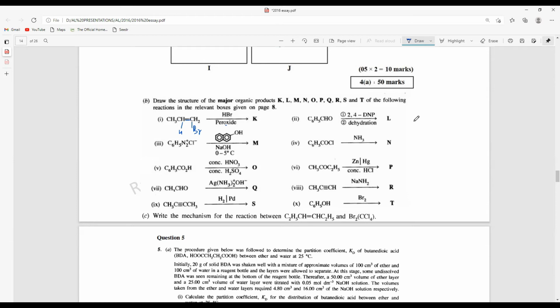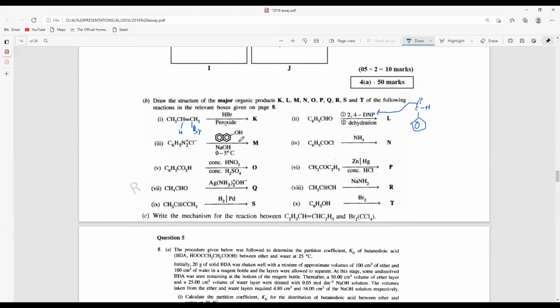So you know what is going to happen here when you have benzaldehyde, which is CHO. You know aldehydes react with 2,4-DNP. Then there will be this bond with carbon and